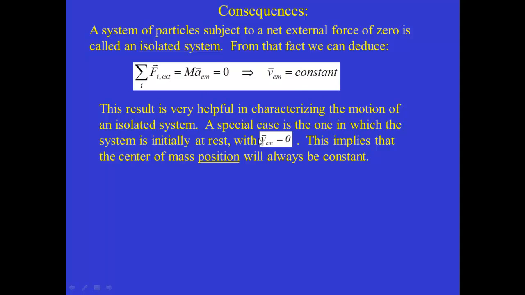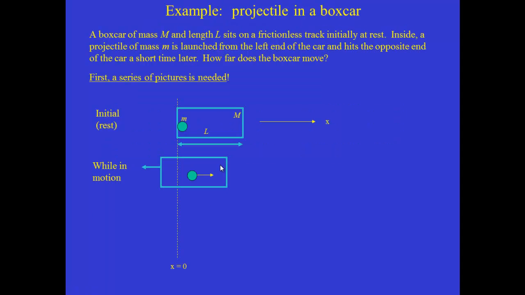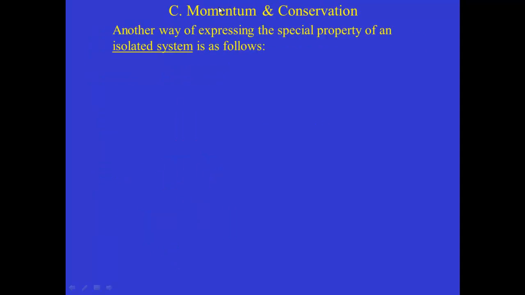That if you have a system where the center of mass is initially at rest and there's no external forces that act on it, that means the center of mass position stays constant, and we can solve problems that way. I'm going to skip over this example problem and do it in class, but go on to the next section that takes what we've learned so far about the center of mass and shows how it implies a very fundamental